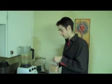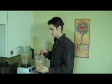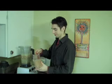So of course the next thing I'm going to add is cacao powder. I don't want to be up too late, so I'm just going to add 2 tablespoons. Some people might think that's actually quite a bit, but...